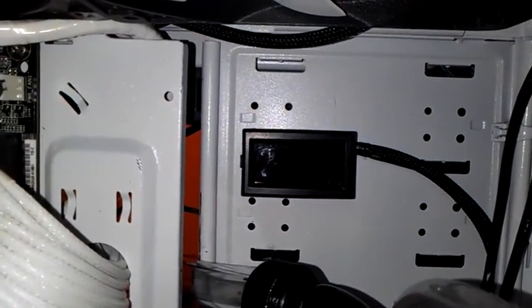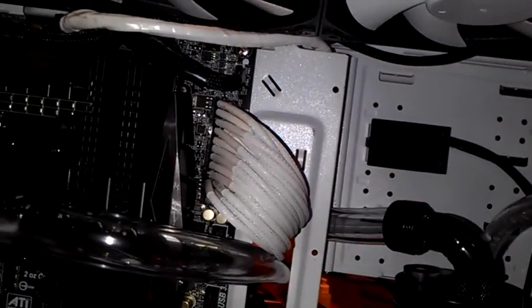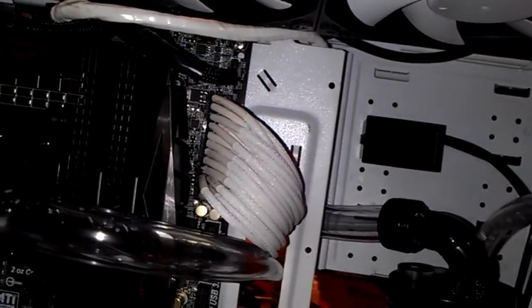So yeah, that's my temperature sensor. It's like an analog/digital temperature sensor for the case. I'm going to get one more for the water, but for right now I just want to see what the case temp is like. Now I'm gonna continue